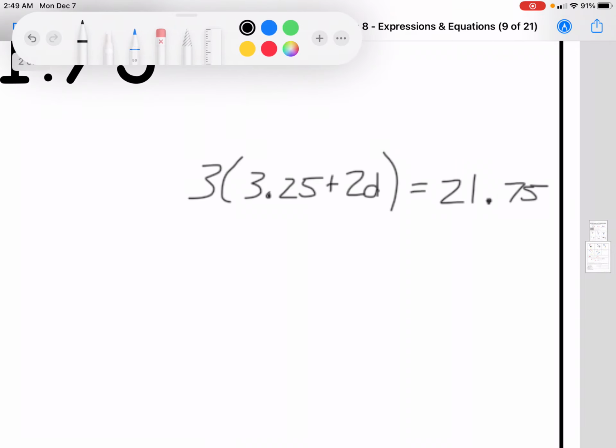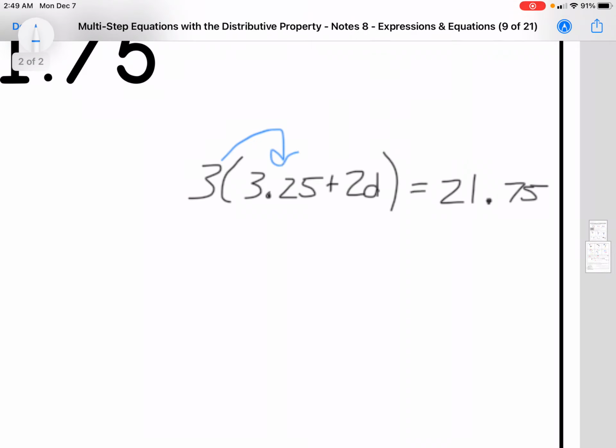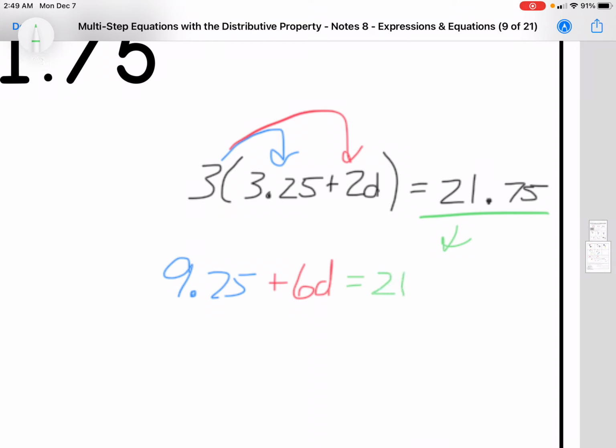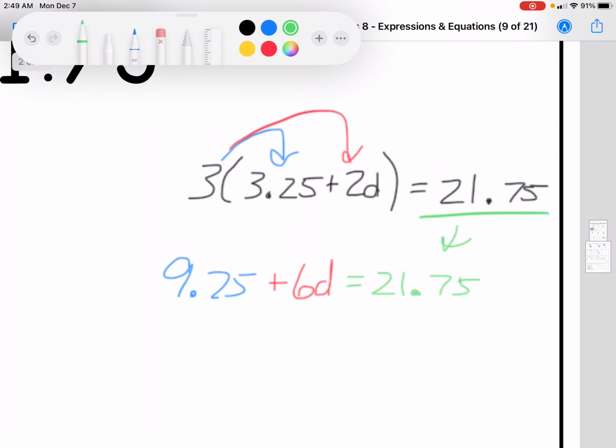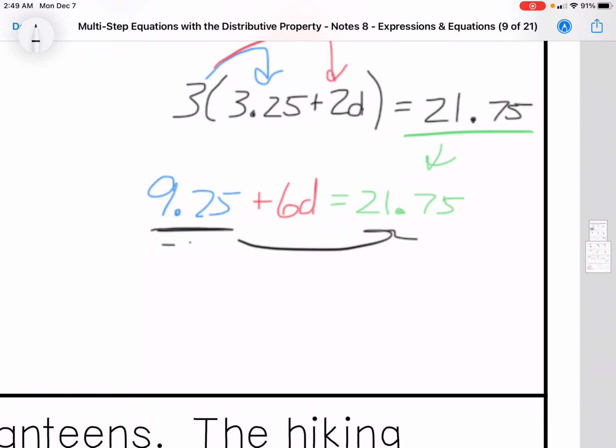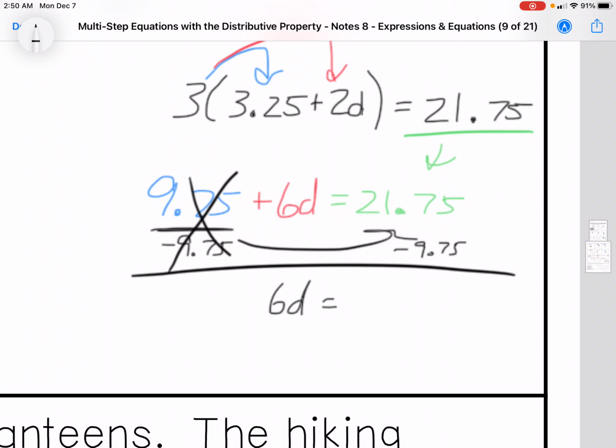All right, let's work it out. 3 times 3.25 is 9.75. 3 times 2D is positive 6D. I did not touch this, so I'm bringing it in. All right, like terms. Okay. Minus 9.75. Those go away. I'm left with 6D is going to equal